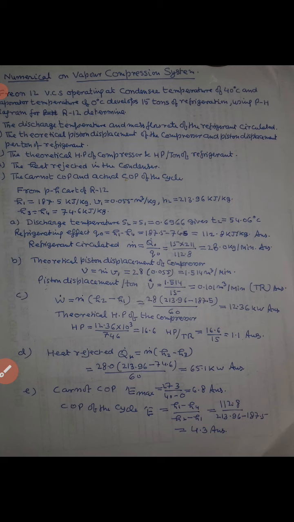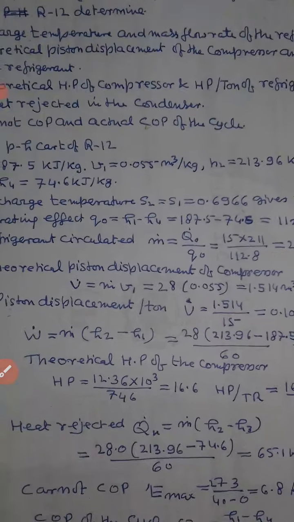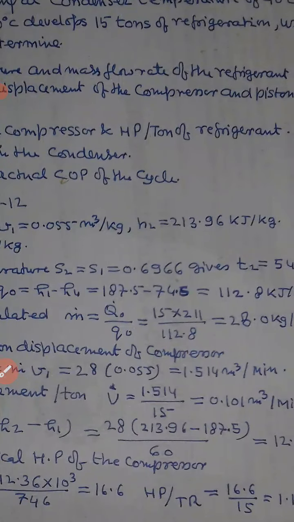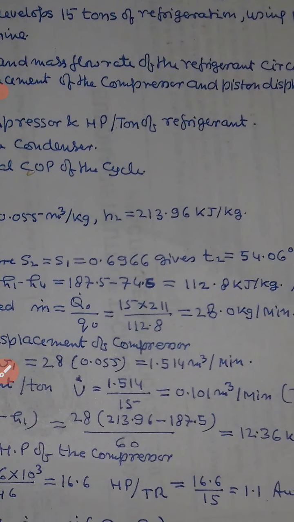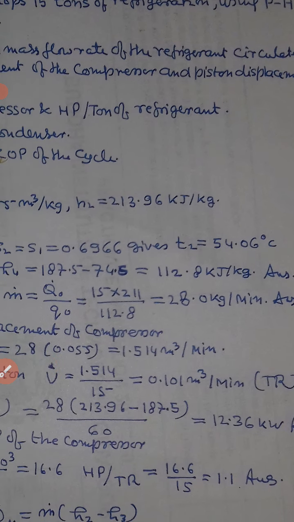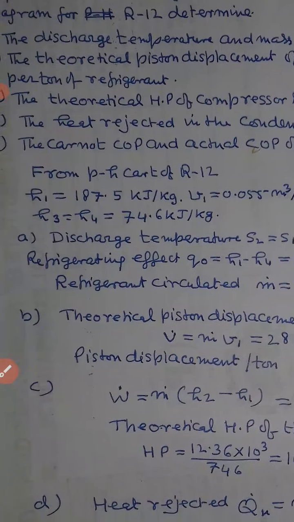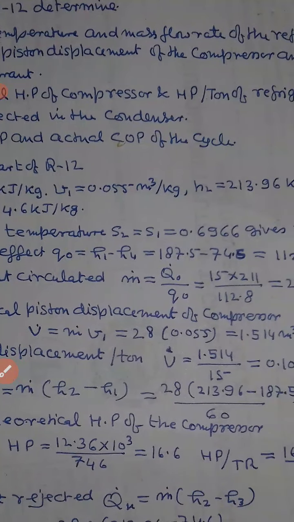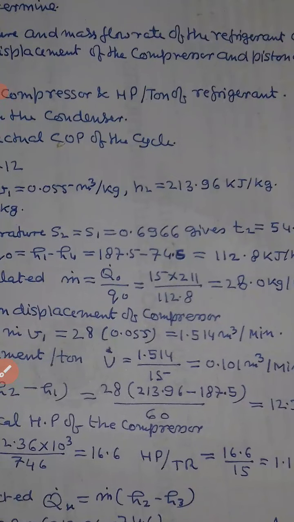Then the refrigerating effect Q0, that is H1 minus H4, and that comes 187.5 minus 74.5, and that gives 112.8 kilojoule per kg. Okay. Next comes refrigerant circulated, M dash, that is Q dash divided by Q0, and that gives